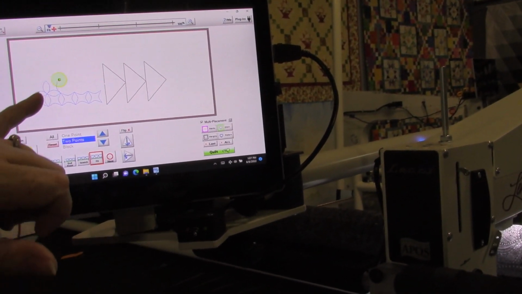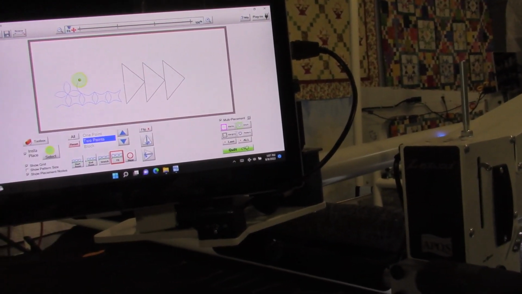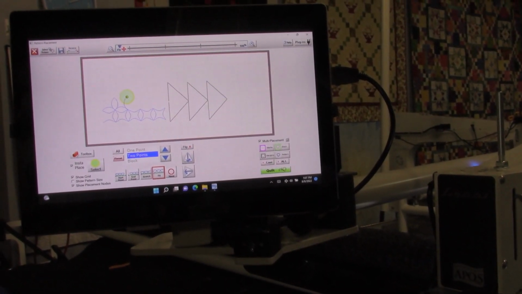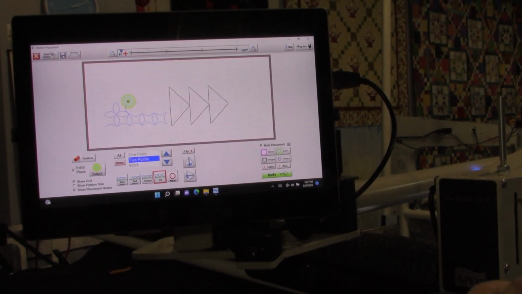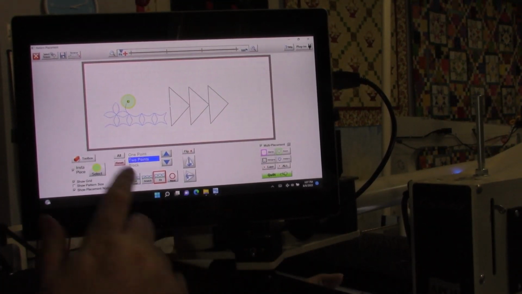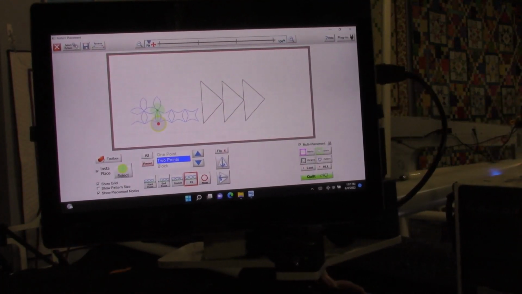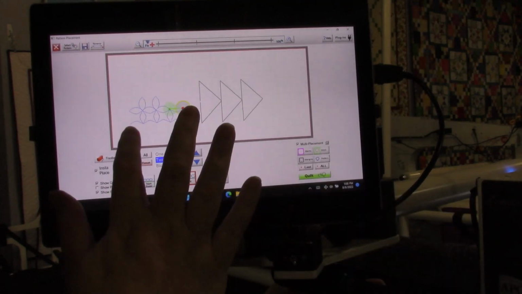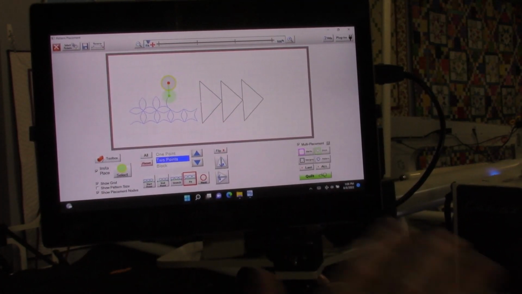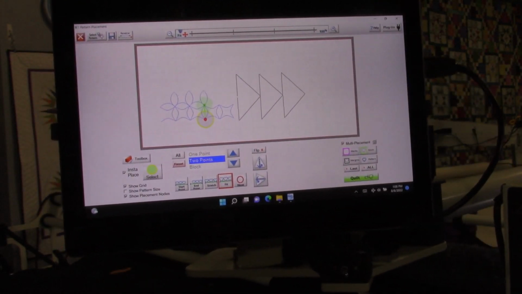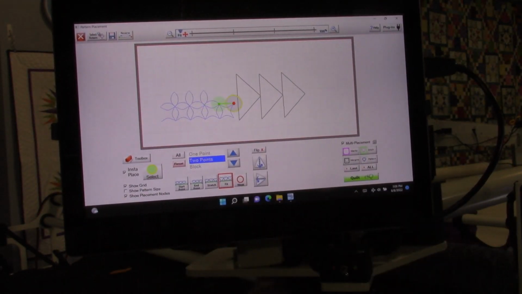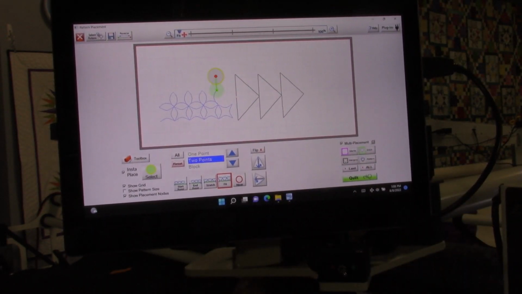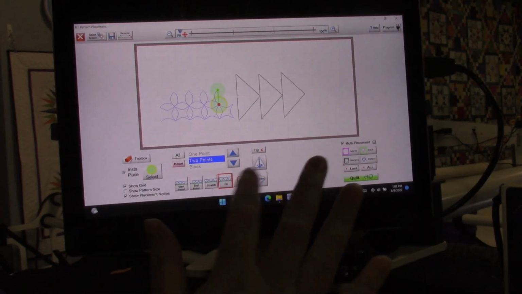See, this one's a little more up and down. That one is very smooth when it's going. They're pretty similar, guys, but it's just going to stitch where I tell it to stitch. So I'm going to go ahead and finish out this row real quick. Just doing place next, back over to the right, place next, up, place next, towards me, place next, to the right, place next, up, place next, towards me, place next, to the right,